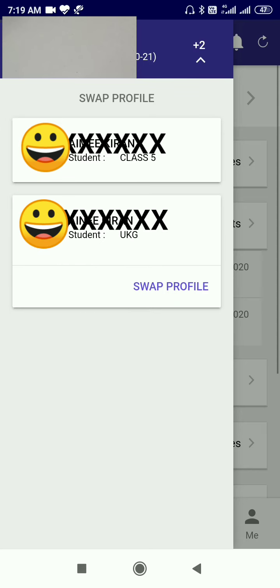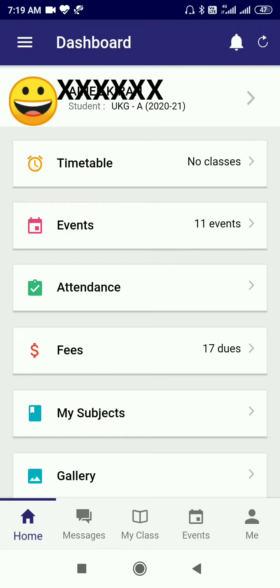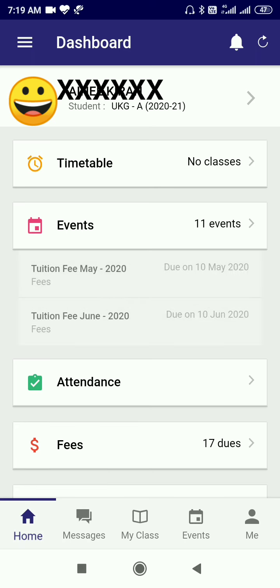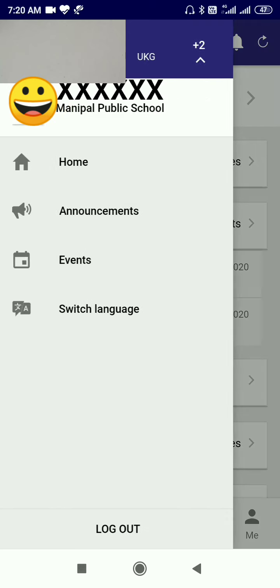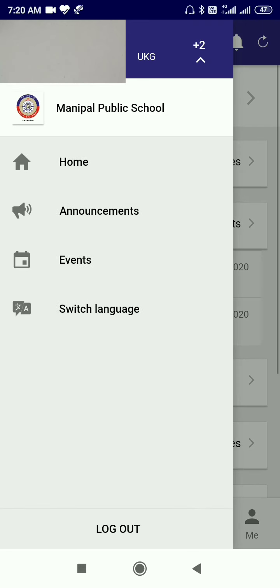There is a drop down. Here you will find both your wards' profiles. If you want to change the profile, you just tap on swap profile. You will be able to change your profile. Now here you have many things to see. Once again I'll go to that open from button. Here you will find this when you change your profile.